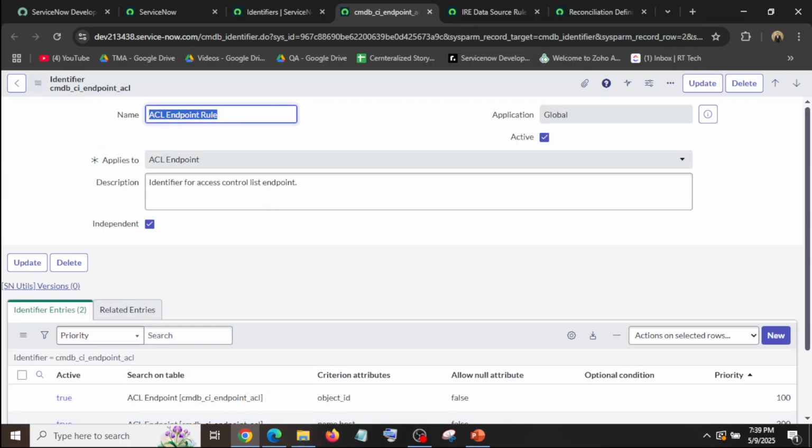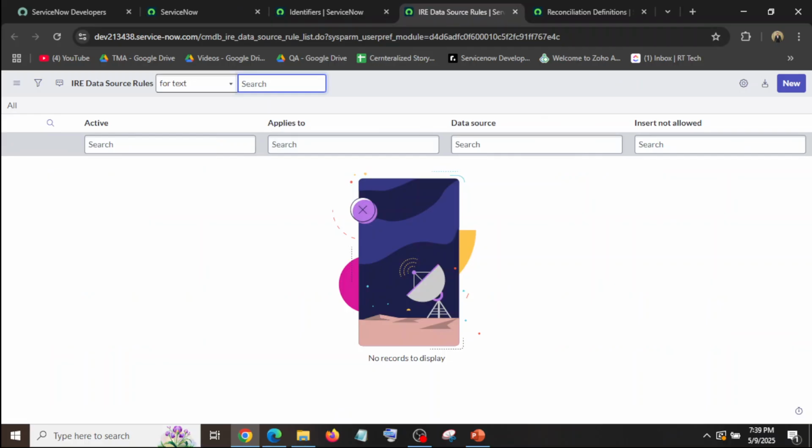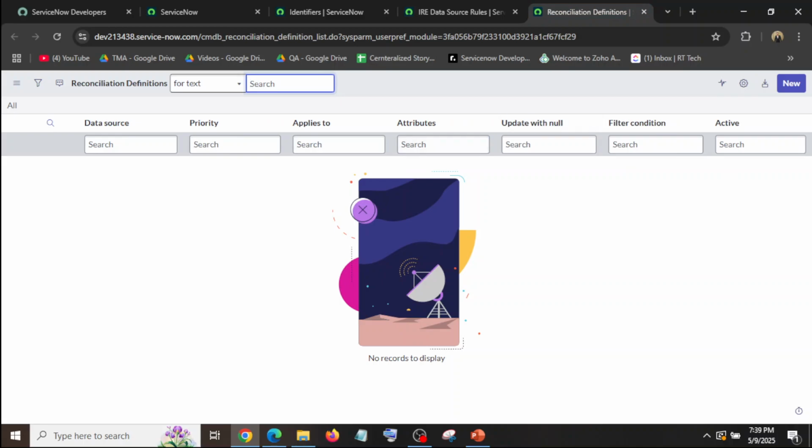In this way we can use the identifier and create different identifiers. Then IRE data source rules: there are no data source rules right now, but we can create them from this New button. Then reconciliation definition: this table contains the reconciliation definitions, and we can also create a new one from here.